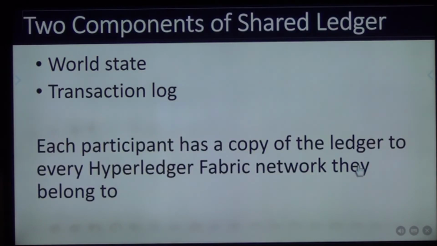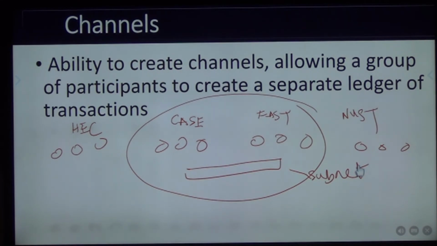So you create a kind of subnet, and Hyperledger Fabric allows you to have this, and they call this a channel. So you can have a channel of communication between CASE and FAST. Then you can have a different channel between FAST and NUST. They may be the same entities. They are there in FAST, but now they are communicating with NUST. But you don't want, and this is important, there's a privacy concern. You don't want anybody in CASE to see what is happening on the channel between FAST and NUST. So this is very important. You don't want people asking what is going on over there.